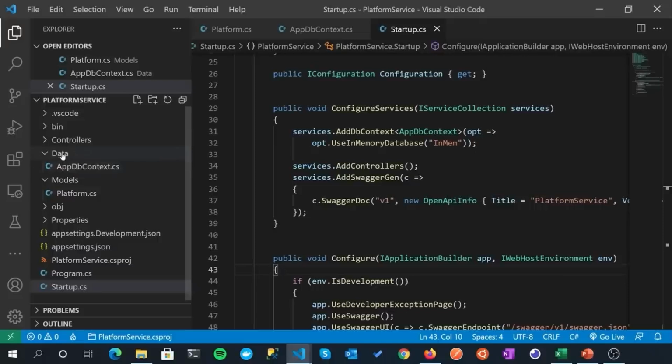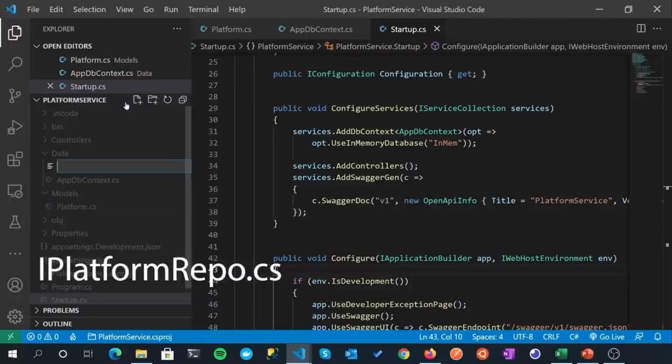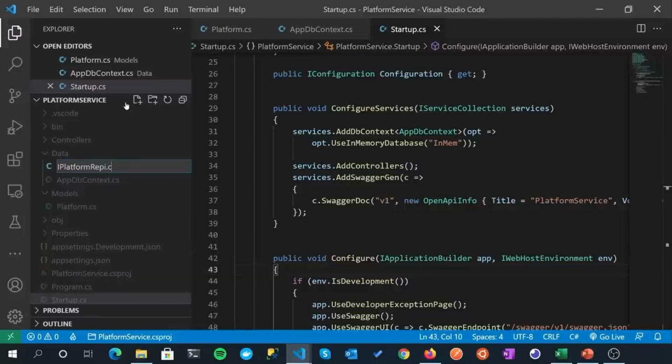So yes, over in our data folder, right click, new file. And because we're defining our interface first, we will specify a capital I, and I'm just going to call this platform repo, for repository.cs. Not repi, that sounds like it's Latin there. I did it again.